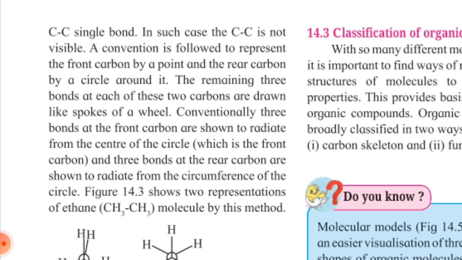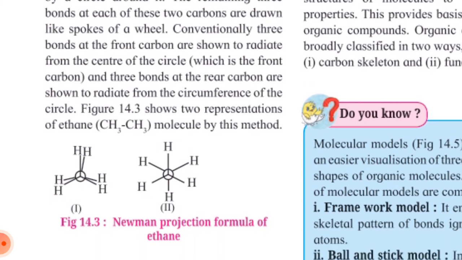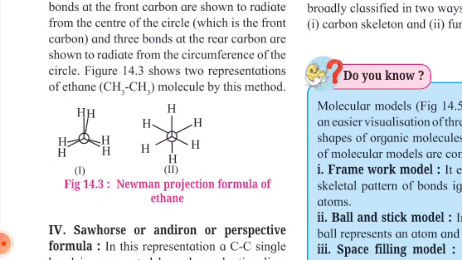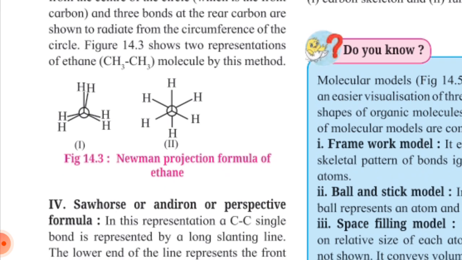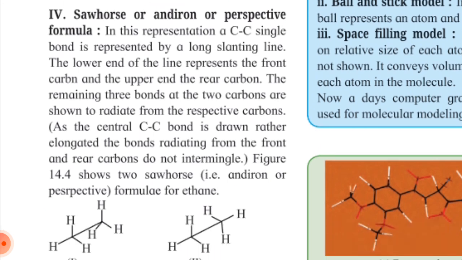Conventionally, three bonds at the front carbon are shown to radiate from the center of the circle, which is the front carbon, and three bonds at the rear carbon are shown to radiate from the circumference of the circle. Shown is the representation of the ethane CH3CH3 molecule by these methods: Newman projection formula of ethane,